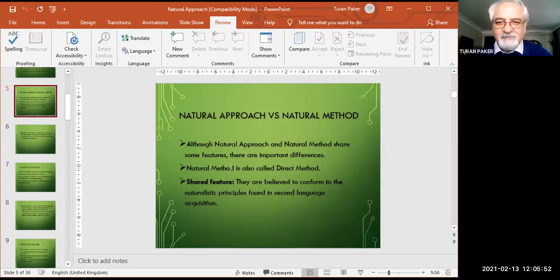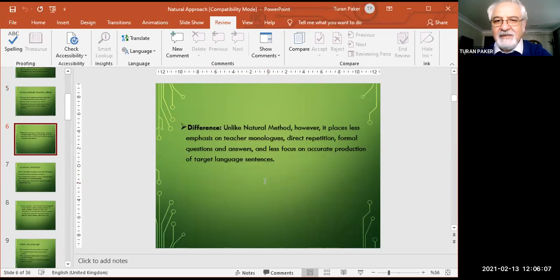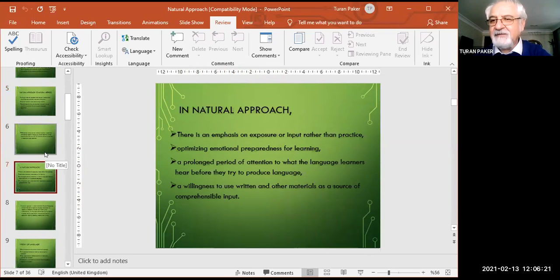Although the natural approach and the natural method share the same features, there are important differences with the direct method, and the shared features are believed to conform to the naturalistic principles found in second language acquisition. Unlike the natural method, however, it places less emphasis on teacher monologues, direct repetition, formal question and answers, and less focus on accurate production of target language sentences. But in the direct method, in the 19th century, they still focused, as I said, on structure and grammar more than communication. In the natural approach, there is an emphasis on exposure or input rather than practice, and optimizing